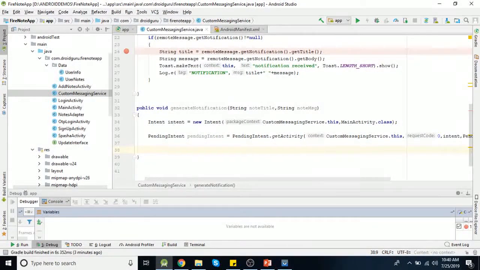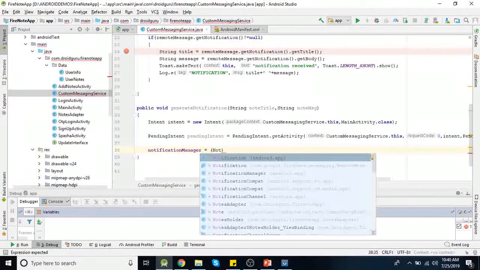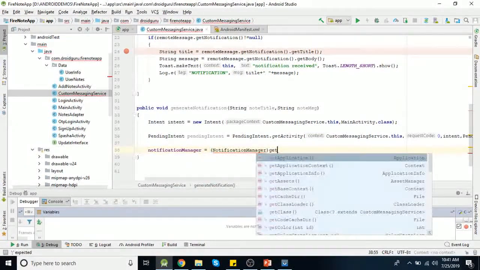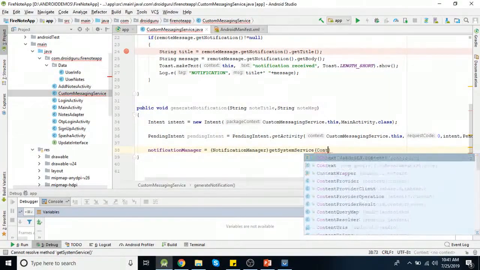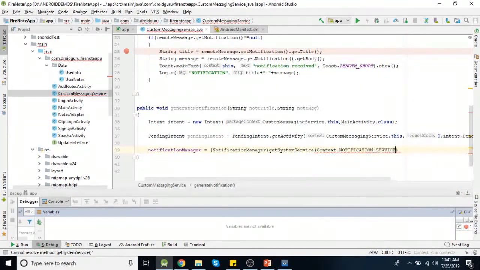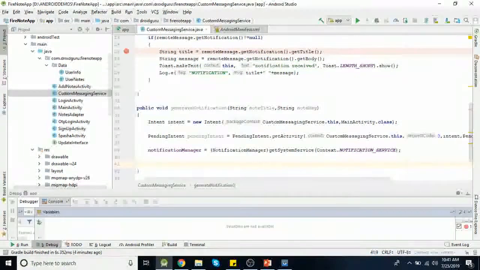Now we need to initialize that notification manager. So notification manager, get system service, context dot notification service. Now when you want to display your local notification in Android, if your SDK version is greater than or equal to 26, that is for Oreo and above, you need to create one notification channel, and using that channel we need to create a builder.